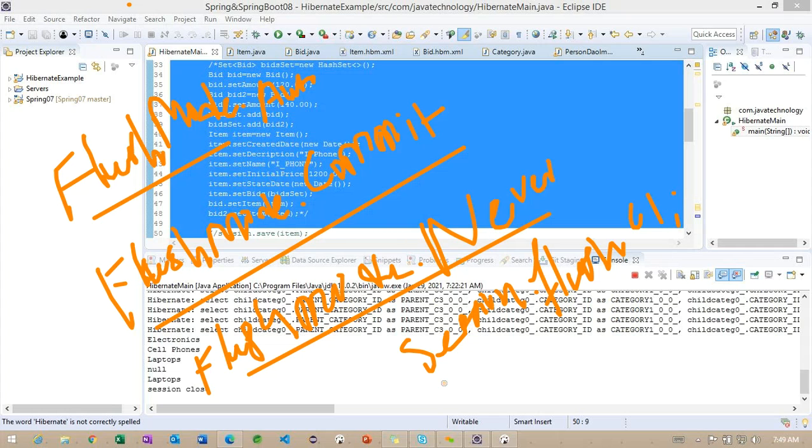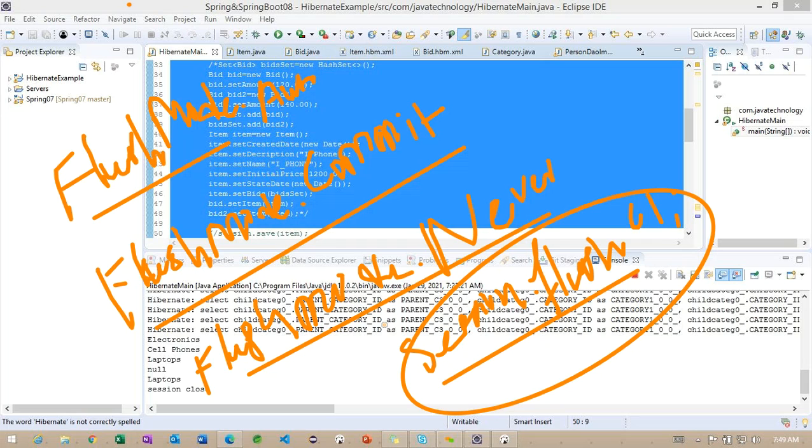This is the way we can work. Most of the time we will use this never only, because as a developer we need to check, since we don't know how many times we are going to run the query to get an object. After getting an object, if we change something, we need to save the data into the database. In this case, we can work on this flush here.